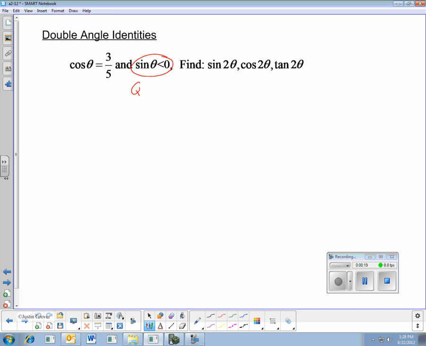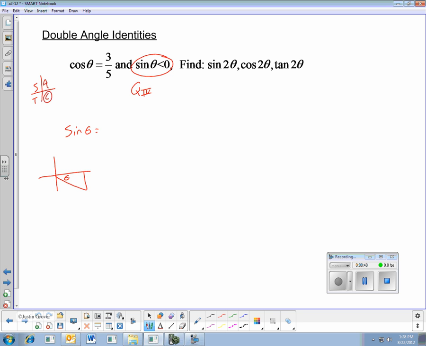Where is cosine positive and sine negative? Where I know cosine's positive here, nothing else is, so sine would be negative there. So we're talking about quadrant 4. And the reason why that's important is because the formulas often need the cosine theta, but they also need the sine of that angle. And so if I know I'm in quadrant 4,